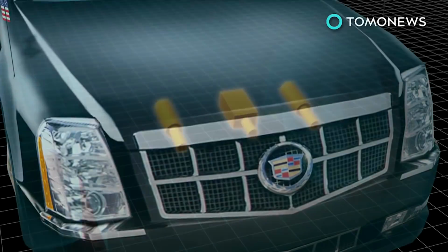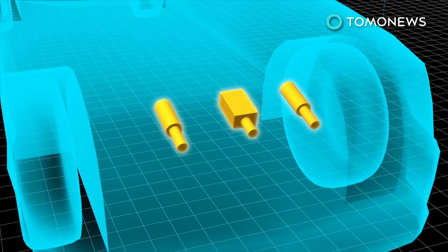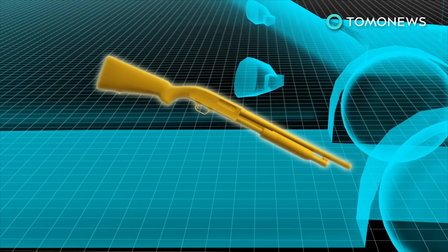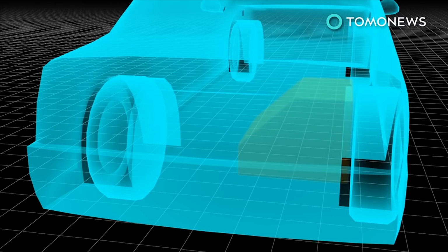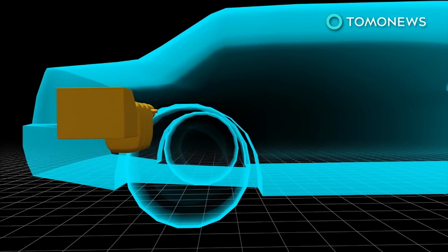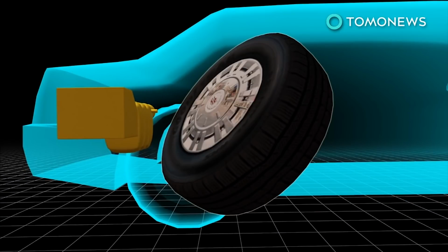The presidential limousine has tear gas cannons and a night vision camera, as well as a pump-action shotgun. Extra weapons, an oxygen supply, and bottles of the president's blood type are also on board. The fuel tank is armor-plated and encased in foam to prevent it from exploding. The Kevlar-reinforced tires are puncture and shard resistant, with steel rims that allow the car to continue driving even if